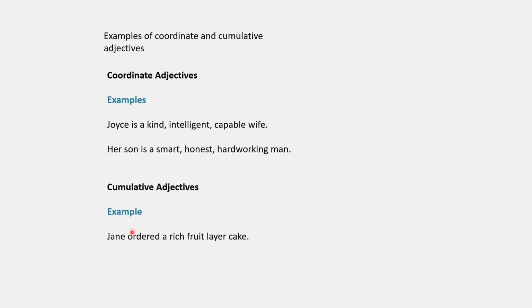For cumulative adjectives, let's look at this example. Jane ordered a rich fruit layer cake. So in this sentence, we can't